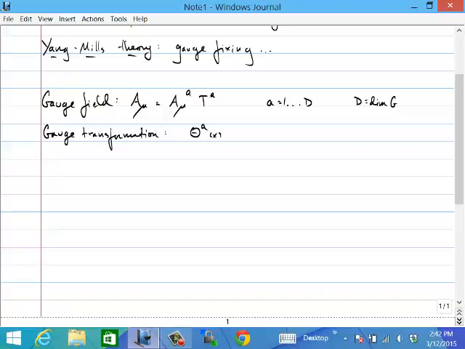Under a gauge transformation associated with these gauge parameters theta^a, the gauge field A transforms much like it does in electromagnetism, namely A_mu goes to A_mu plus the derivative of the gauge parameter theta. But there's a correction term